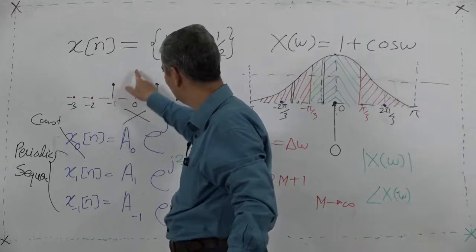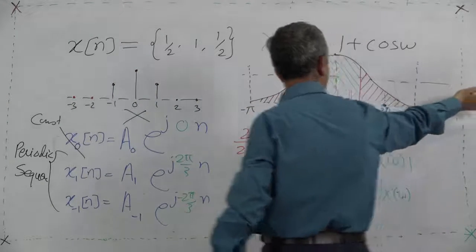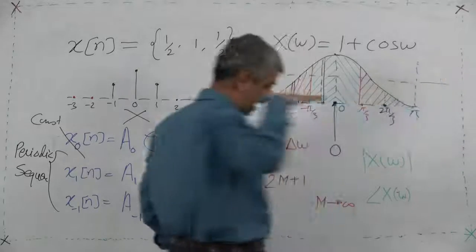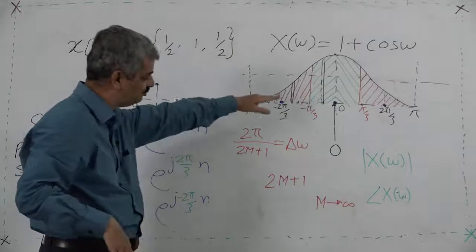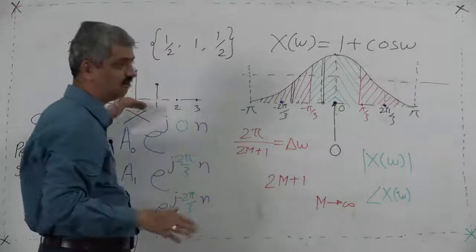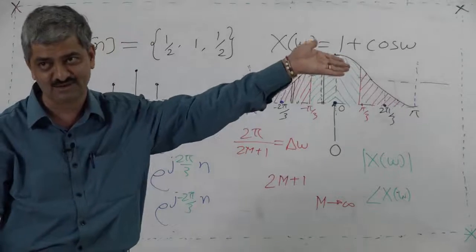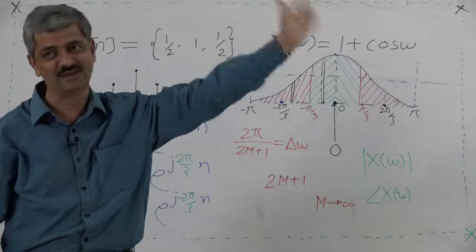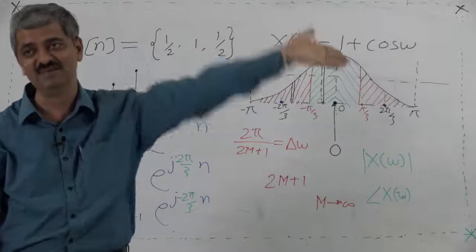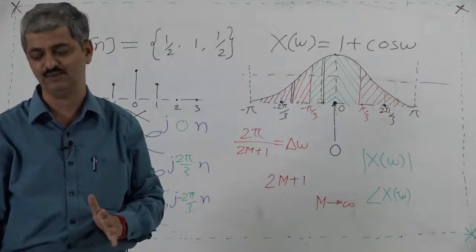So it will repeat after 1 lakh samples, but the original does not. The sequence reconstructed by you using this will repeat after 1 lakh, so it is wrong. If you reconstruct using 10 lakh 1 components, then it will repeat after 10 lakh. If you use infinite components, it will repeat after infinite samples, meaning it will not repeat. So this is the concept of the discrete time Fourier transform.